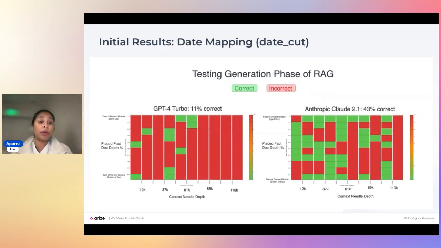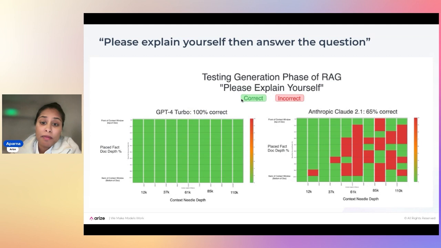And actually, after we modified the prompt a bit, we were able to improve and fix GPT-4 Turbo's performance significantly. The key thing we added was just a line that said, please explain yourself and then answer the question. The reason this is really important is because I don't know if you guys have all felt it or seen it, but the Anthropic Claude models are slightly wordier. We see that in market, slightly wordier than GPT-4.